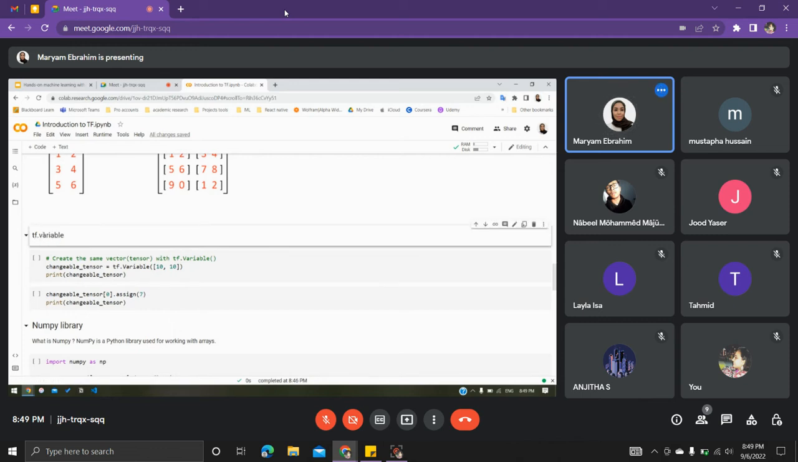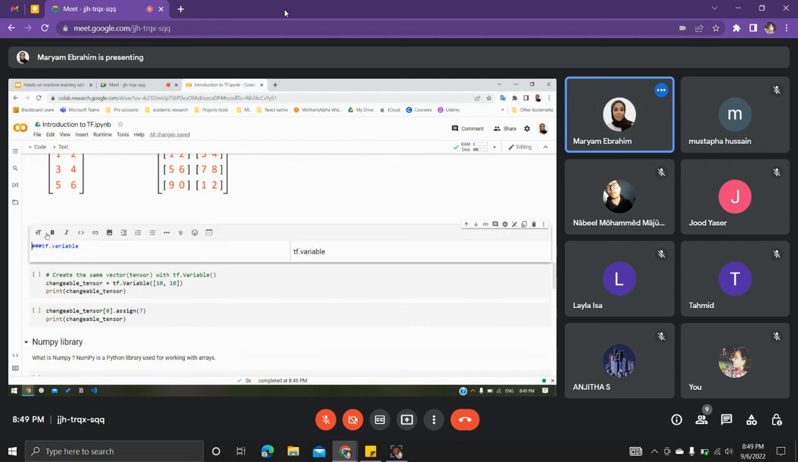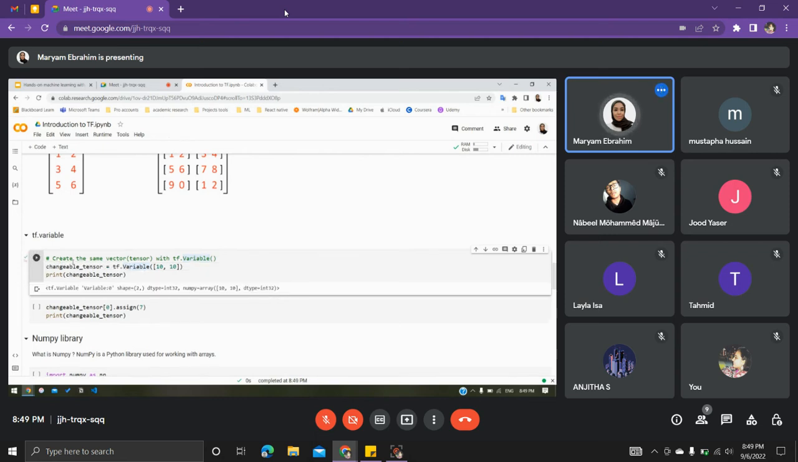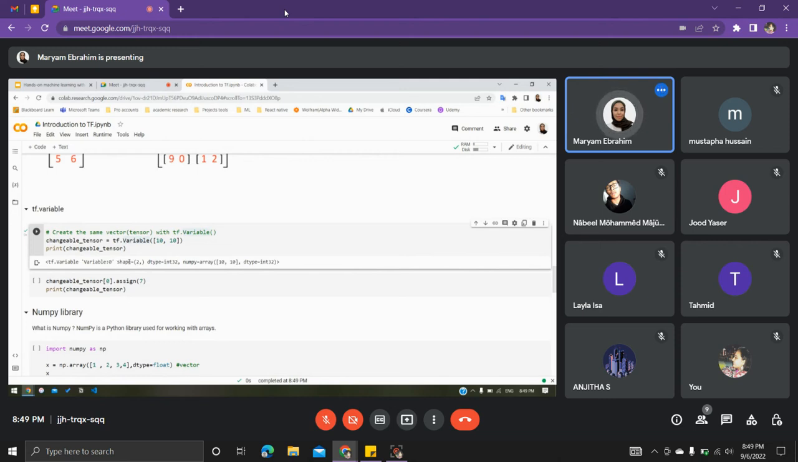What if I want to change an element inside my tensor? How can I do this? So we have another function which is tf.Variable. This will create the tensor as a variable. If we print it, we see what we have in it. Since it's a vector, the shape is 2, and the data type is the default one, a NumPy array 10 by 10 with a data type of integer 32. We will come back